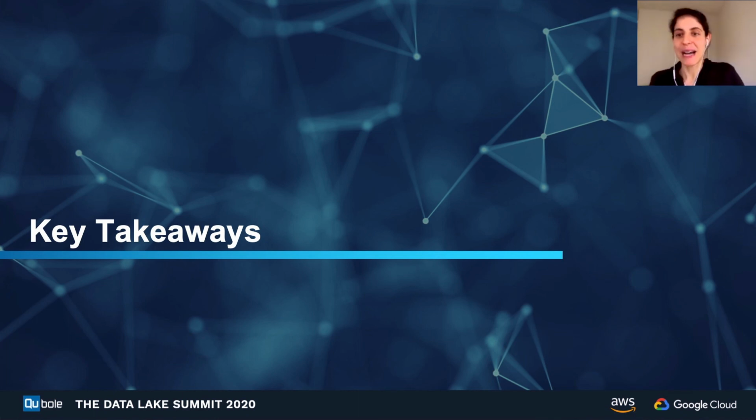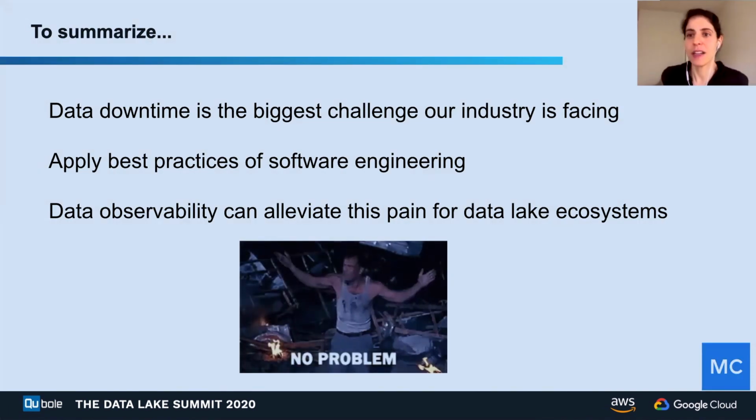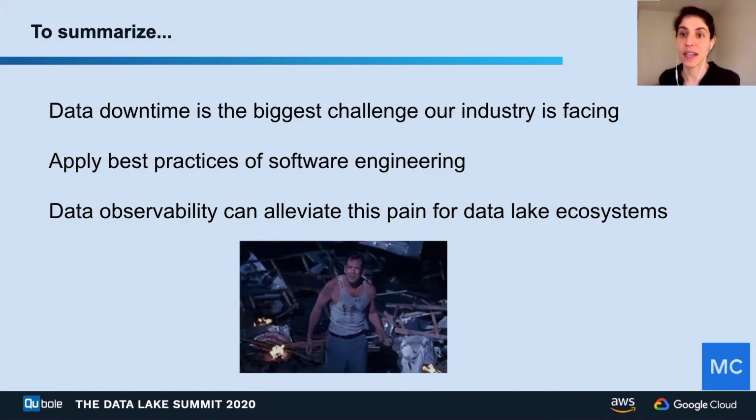So to wrap up, let me go through a couple of key takeaways. I think if there's one thing we can all agree on, it's that we're all getting more data-driven, not less, right? And that really requires solving the problem of data downtime. For some reason, we have accepted it as life, right? Like, whenever you're dealing with data, there's some bad data involved, some data downtime involved. I actually think we can't continue doing it that way, right? I think we have to really consider that data downtime, in my opinion, is the biggest challenge that our industry is facing these days.